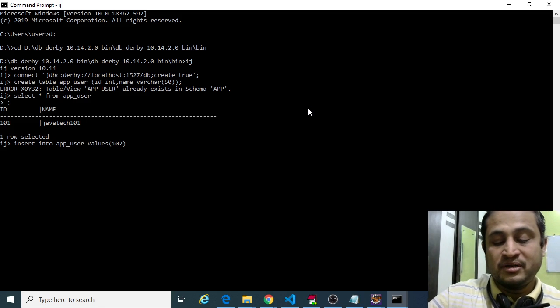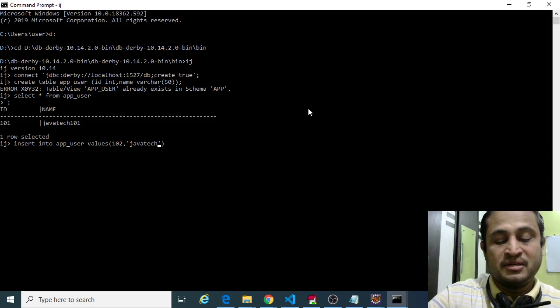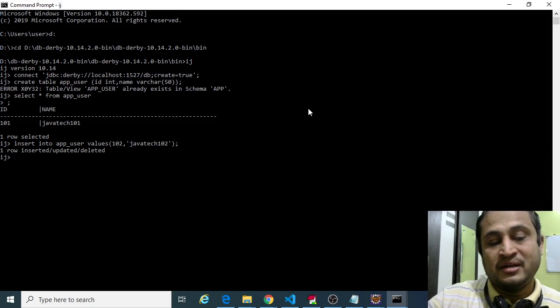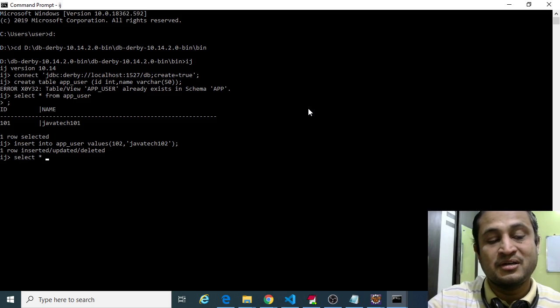We can insert another one or two rows, for Java Tech one or two, something like that. Yeah, then another row also got inserted. So let me pull the data, select star from app underscore user, to see whether our second row got inserted or not.